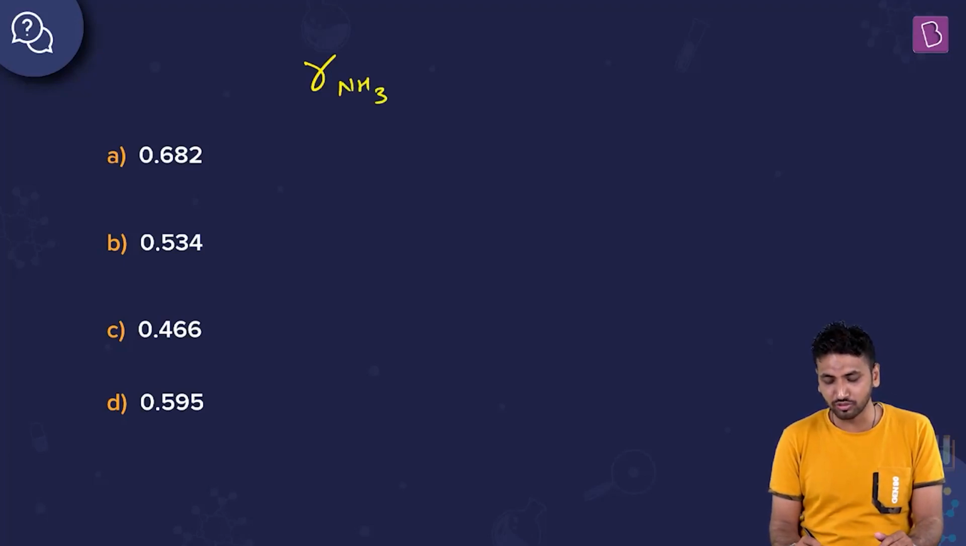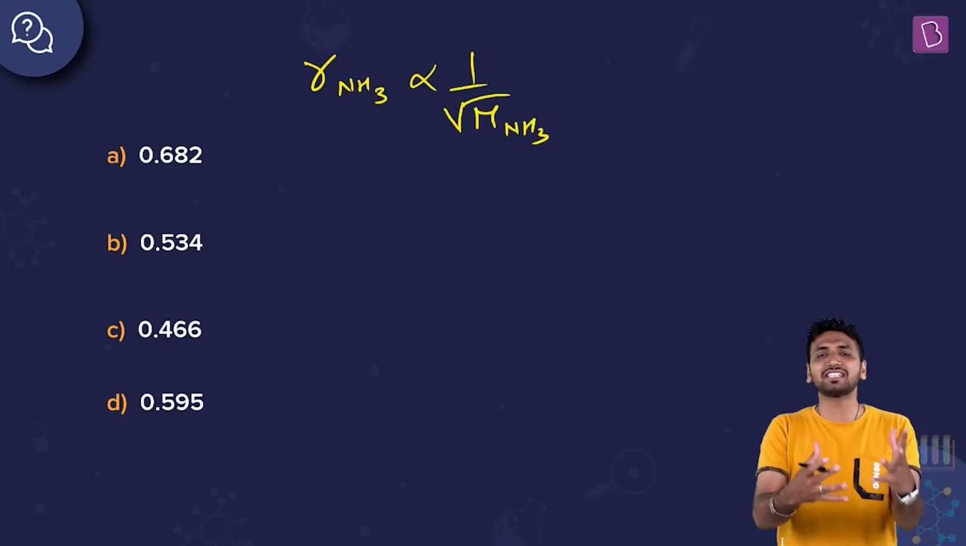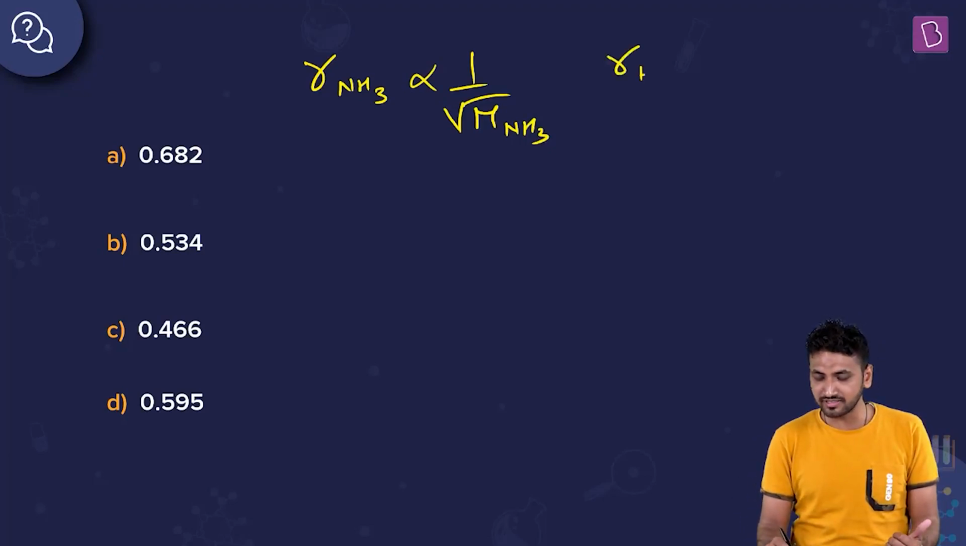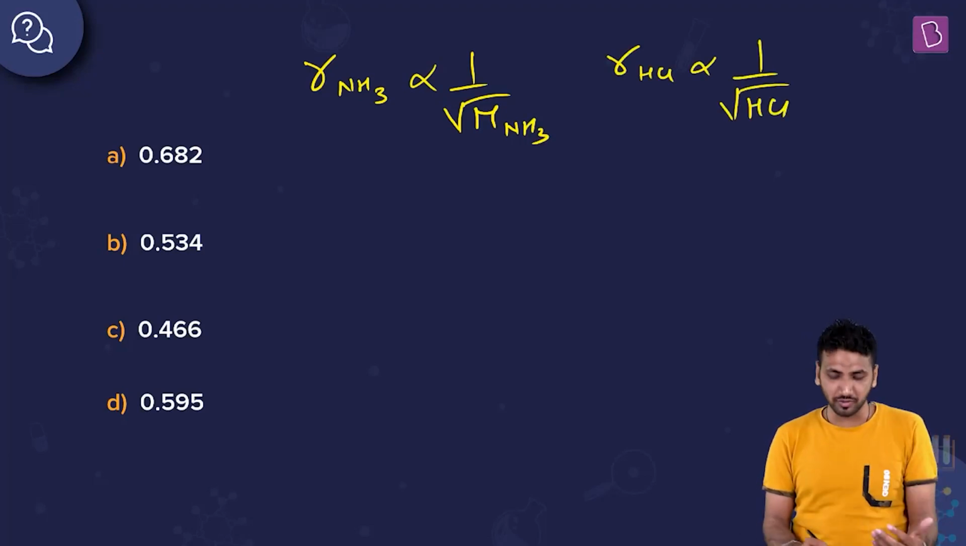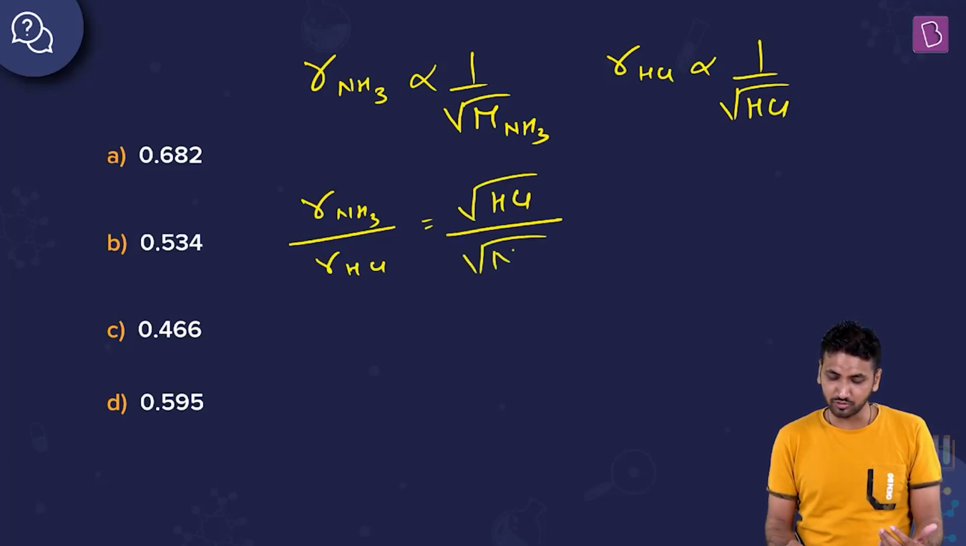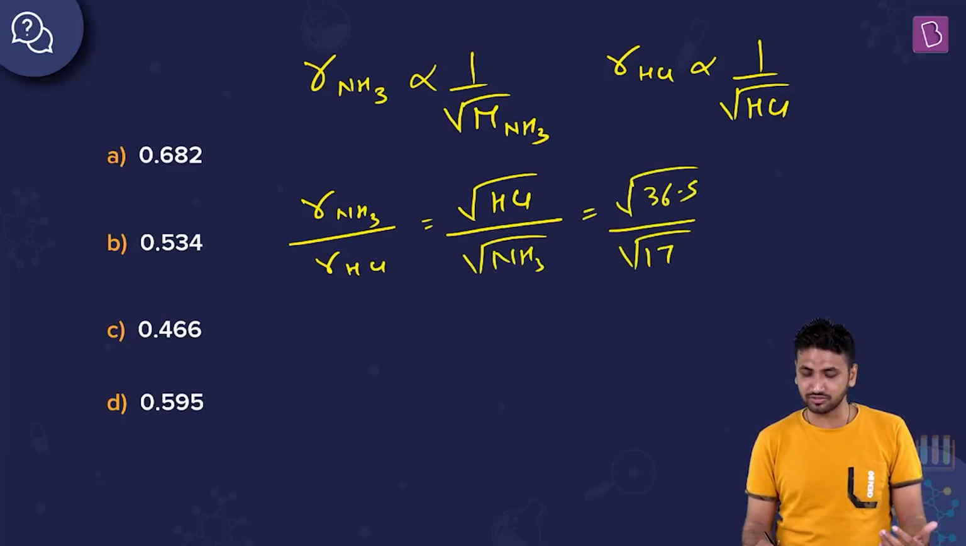So if you talk about the molar mass of ammonia, this is going to be the relation. Rate is inversely proportional to under root of molar mass, and similarly rate of HCl will be inversely proportional to under root of molar mass of HCl. If I just take the ratio rate of ammonia by rate of HCl, this is going to be under root of molar mass of HCl divided by molar mass of ammonia. If I just put the values, HCl is like 36.5 and ammonia is like 17. So this is going to be